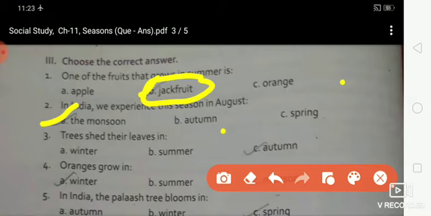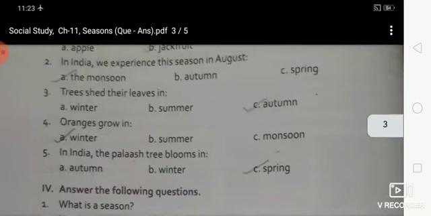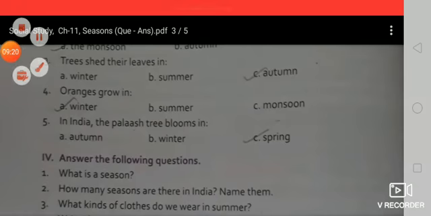So do you know, students? Option number C is the right answer, autumn. Trees shed their leaves in autumn. Okay. Now fourth one,